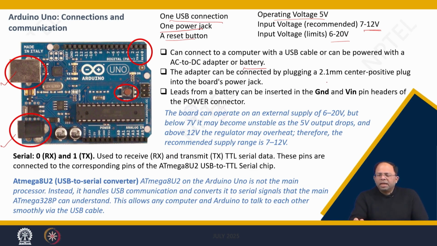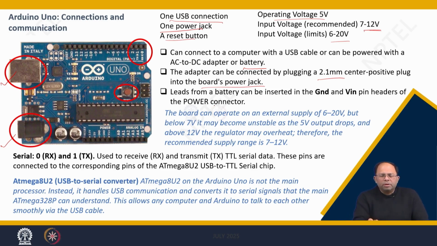So the adapter can be connected by plugging a 2.1 millimeter center positive plug onto the board's power jack. This is a typical adapter. We can connect this particular board via an adapter and get power using that adapter. And leads from a battery can be inserted into the ground and the V pin, voltage in pin headers, to power